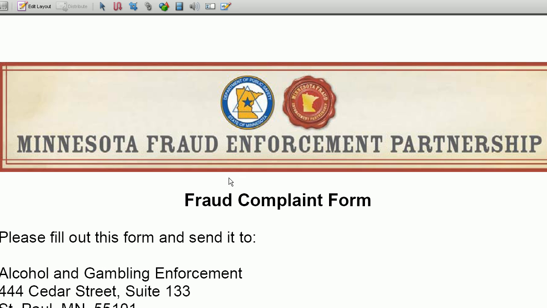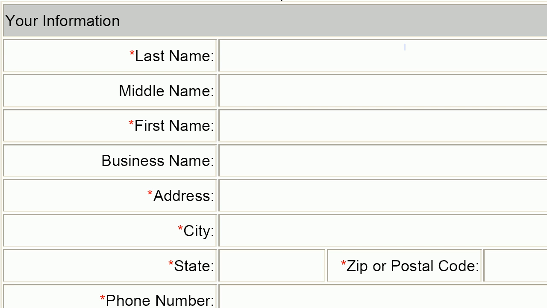Hello and welcome to my new tutorial about how to add interactive fields to an existing form. Minnesota Fraud Enforcement have granted me permission to use one of their forms, and I will help them make the form interactive and submittable. In the first tutorial I will just add basic fields and publish it to our online